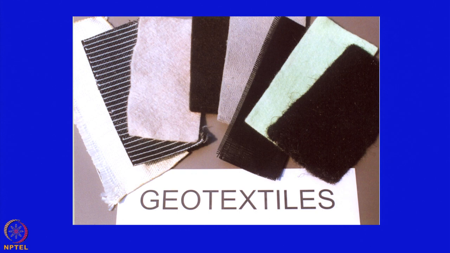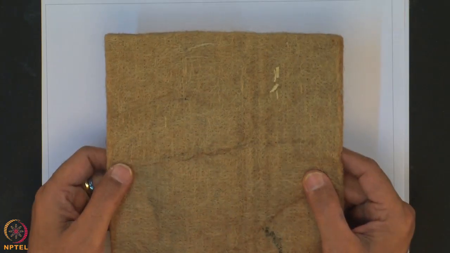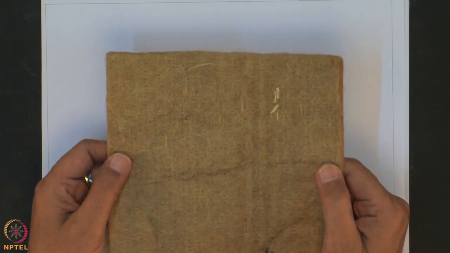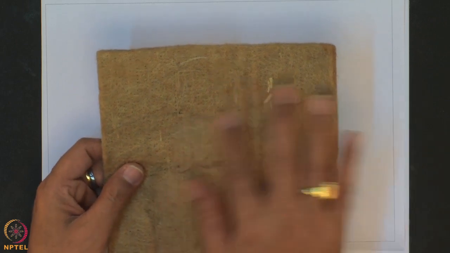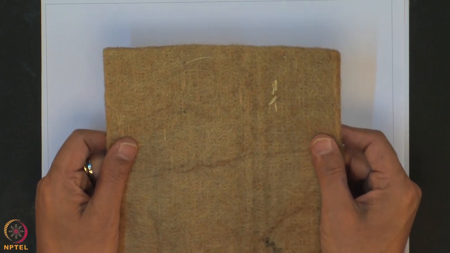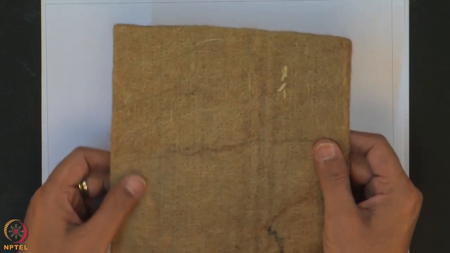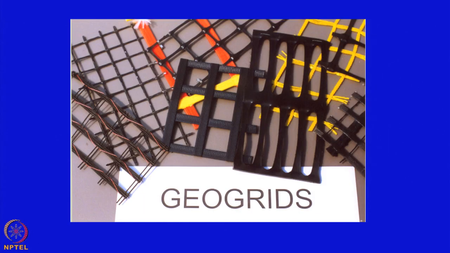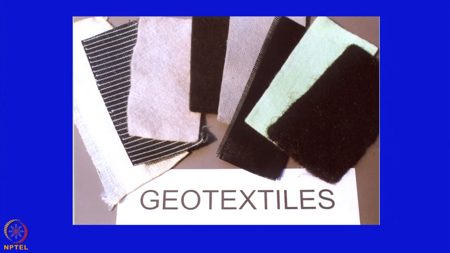So, this is the natural non-woven geotextile material, and this geotextile material is made from jute fiber. So, natural material is also used as a geotextile material. This is the non-woven natural jute geotextile material. In most cases, this material can be used as a filtration and drainage material, as well as reinforcement.